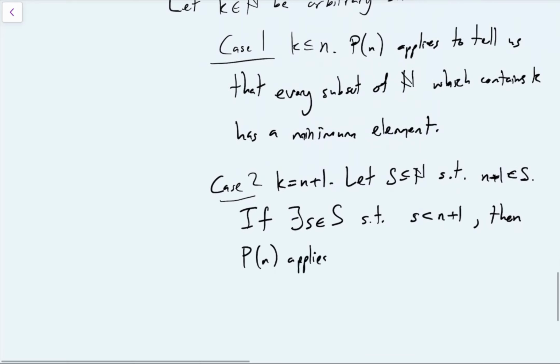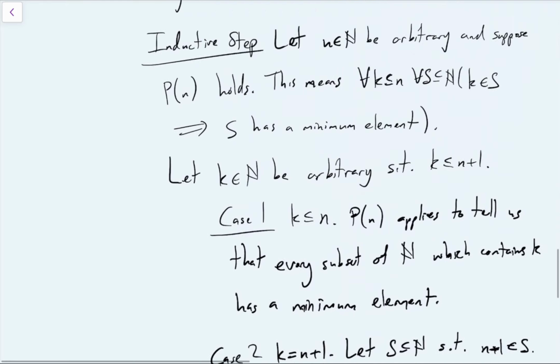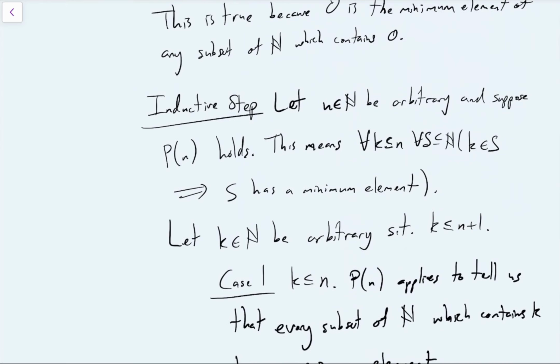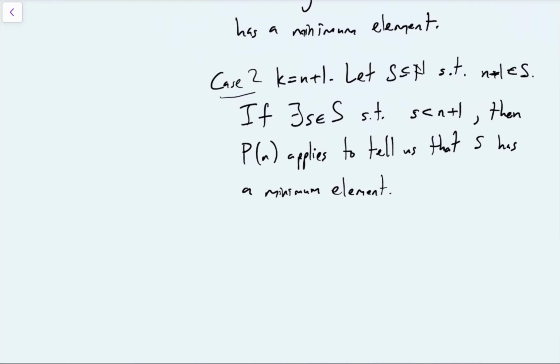P of n will apply to tell us that S has a minimum element. Right? That's just because P of n tells me that for any k less than or equal to n, if S has the element k, then S has a minimum element. All right, and so in this case, if I find some element little s that's less than or equal to n, S must have a minimum element. All right, otherwise,